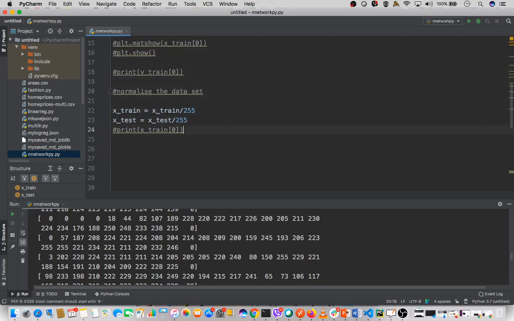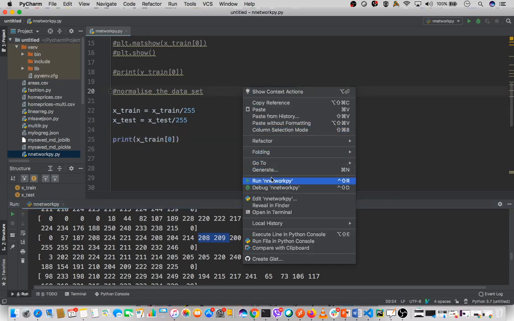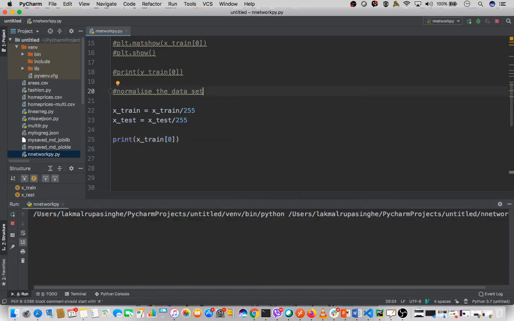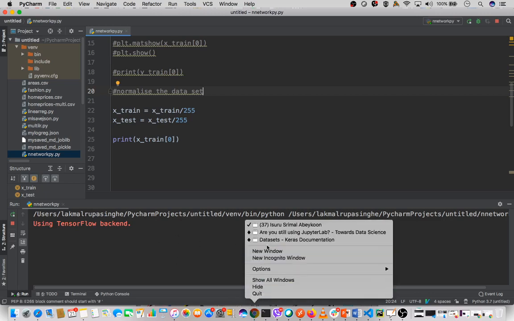Okay, that's fine. Then if you actually do a print, you can see you will not get these 255 values, right? So it's everything in between 0 and 1. Right. So then, until the output comes, let me take you to the